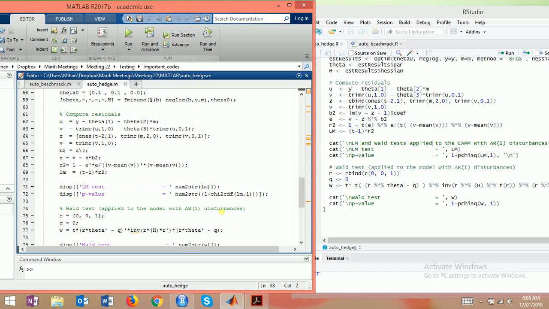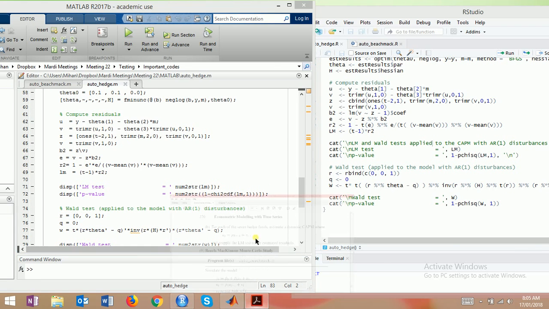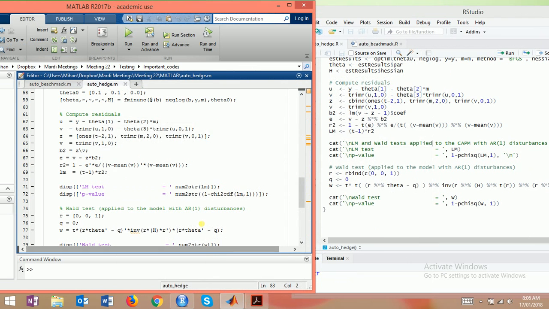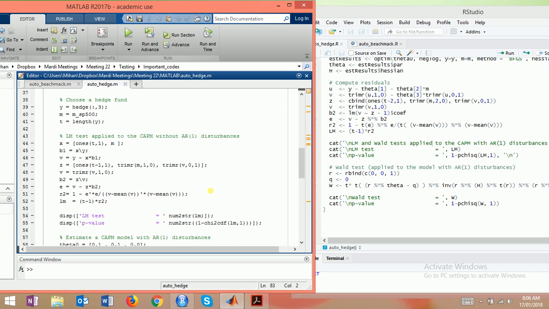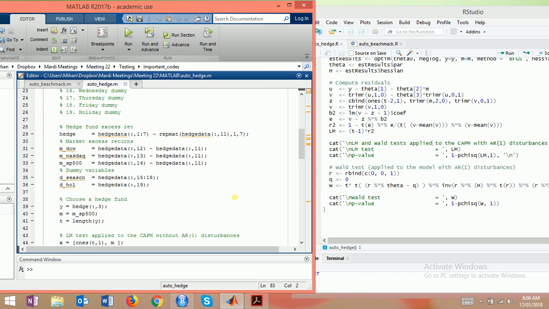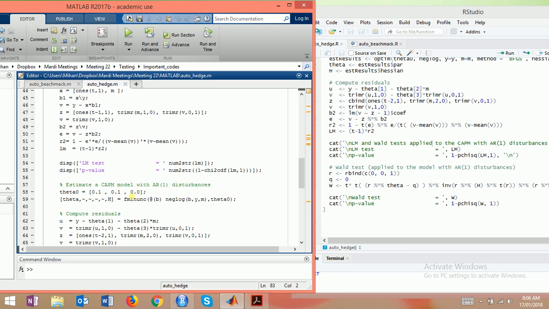This is auto hedge. This is hedge fund calculation. At the end, what did we find? We estimated all the parameters for the 7 hedge funds. We basically estimate the CAPM, capital asset pricing model, for the hedge funds with this little bit of code. What we did first, we introduced our log likelihood function, which was the conditional one. Then we did OLS. OLS doesn't have AR1, so without AR1 we do OLS. Then we do MLE with AR1,